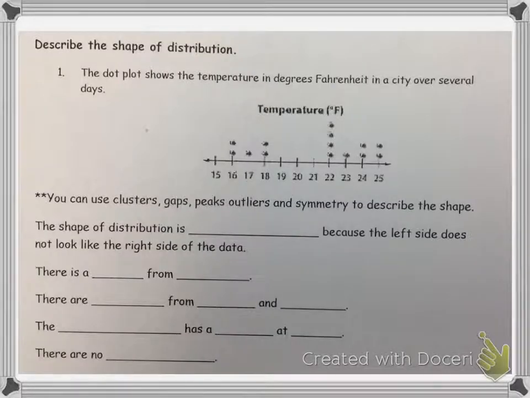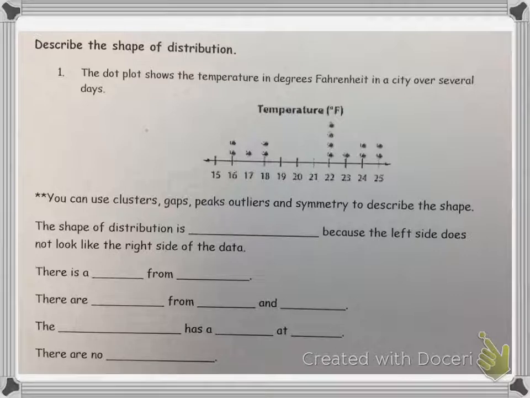So here we have where it says describe the shape of distribution. The dot plot shows the temperature in degrees Fahrenheit in a city over several days. Okay, so here we're looking at temperature. You can use clusters, gaps, peaks, outliers, and symmetry to describe the shape. So here I've done a fill in the blank, but whenever you start practicing in class, we're going to have you form your own sentences. So for now, the shape of distribution